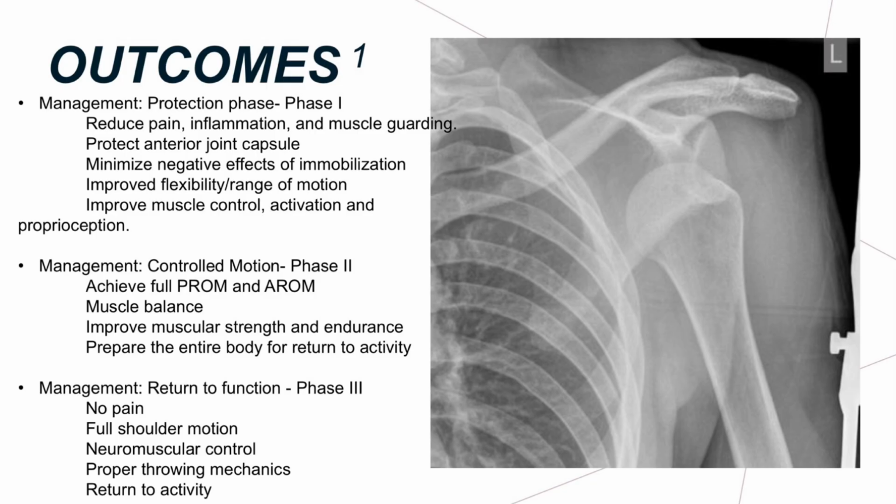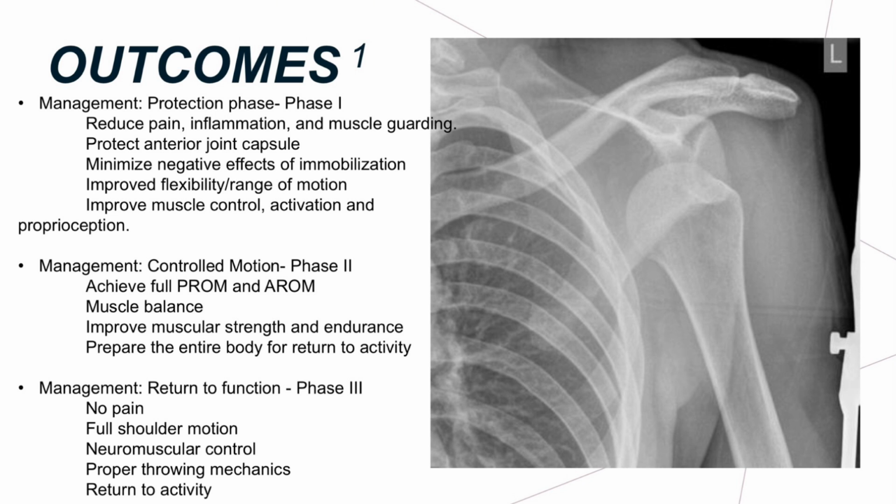Some of the outcomes for phase 1 are to reduce pain and inflammation, protect the anterior joint capsule, minimize negative effects of immobilization, improve flexibility and range of motion, and improve muscle control. For phase 2, we need to achieve full active and passive range of motion, muscle balance, improve muscular strength and endurance, and prepare the entire body for return to activity. And for phase number 3, we want no pain, full shoulder motion, neuromuscular control, proper throwing mechanics, and